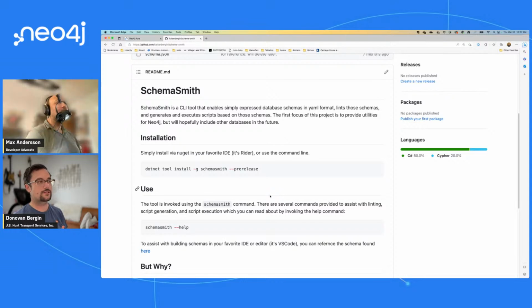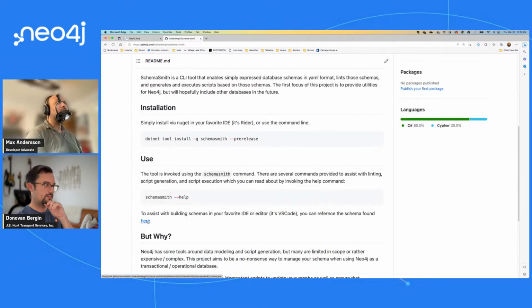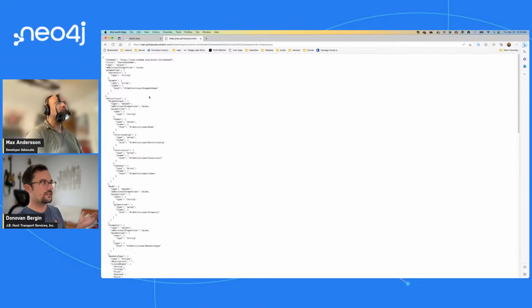What we're going to do is do this with a limited amount of time. I could show all of these commands on the command line locally, but we're basically going to run them in Git actions. The other nice thing is there is a JSON schema for what we're going to define as our schema file for SchemaSmith. The schema file is going to allow us to denote what types of nodes, relationships, properties, constraints, and indexes we want to allow on our database. So what we're going to do is